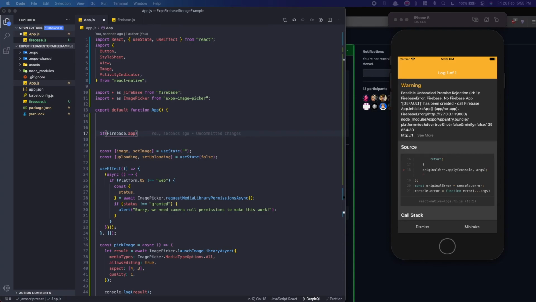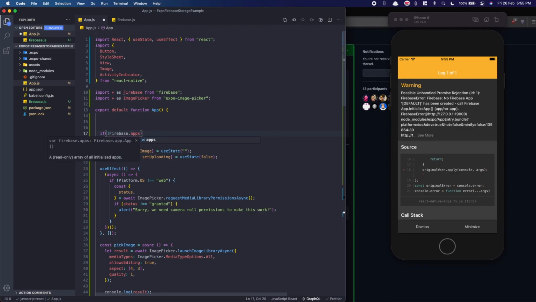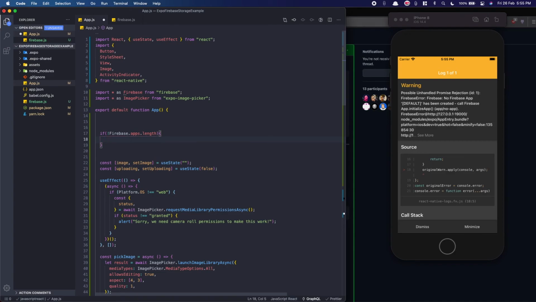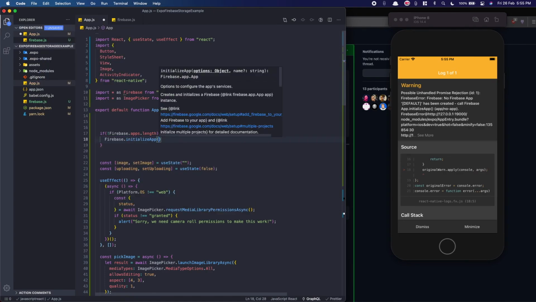Let's see. It's firebase.apps.length. If not firebase.apps.length, it checks if there are no Firebase apps yet initialized in this project,